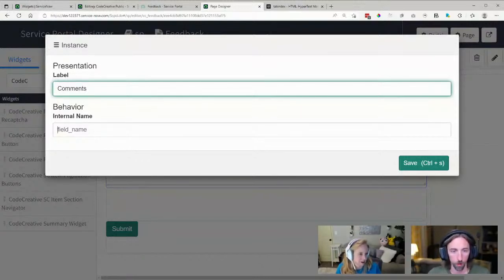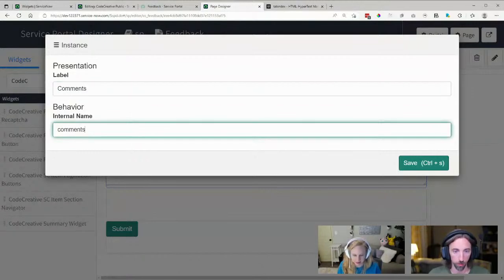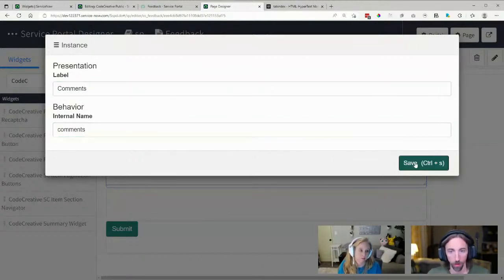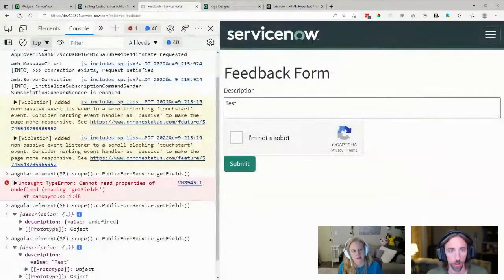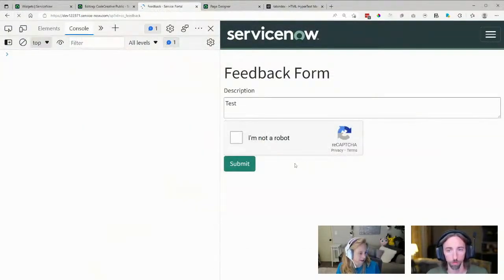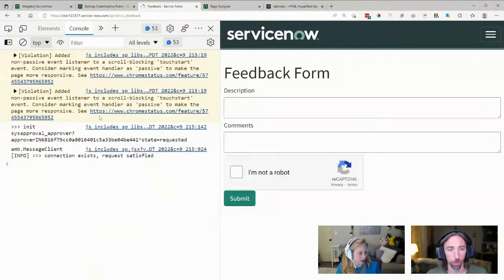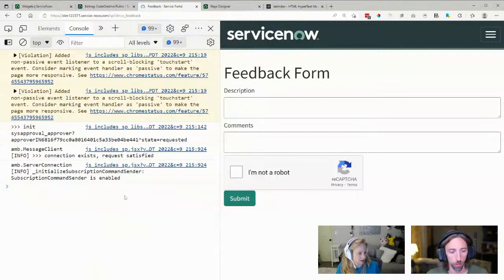I'm going to create another one here called comments to demonstrate. This is just going to demonstrate that we can use the same widget multiple times on the form and that it will still use our